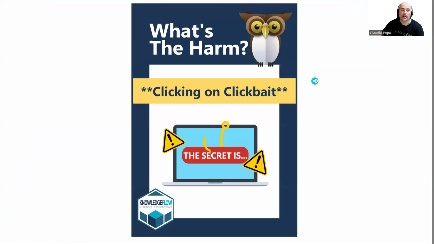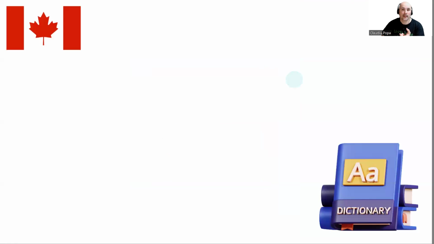And what's the harm of clickbait? Well, clickbait starts to record what you're up to as soon as you click. Sometimes it even records how long you've spent thinking about clicking, right? And we know about clickbait because we know about doom scrolling. We know that it's difficult to stop scrolling. Well, that is one way to keep us engaged, right?